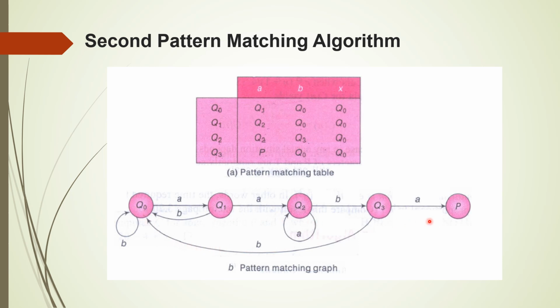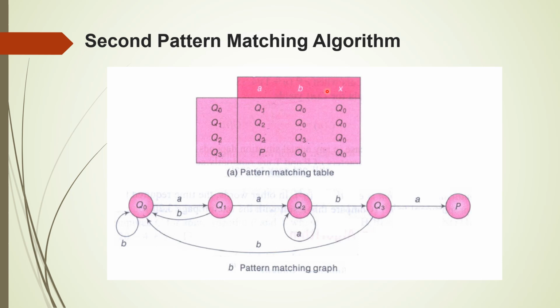So this is how you can construct the transition diagram for the given input, that is, for the given pattern. This is the pattern; the text can be anything. So now with the help of this transition diagram, let us construct the transition table. The transition table consists of the number of states and the inputs. The states are Q0, Q1, Q2, Q3. The inputs are A and B.